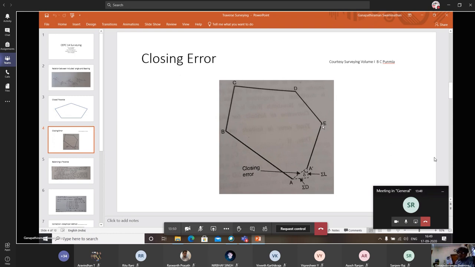A dash, sir. E? A dash. Oh, I see. Is that A dash available in the field? No, sir. We'll take EA only. We will be taking EA, sir. At E, what will we be doing? What will we be doing in the field?